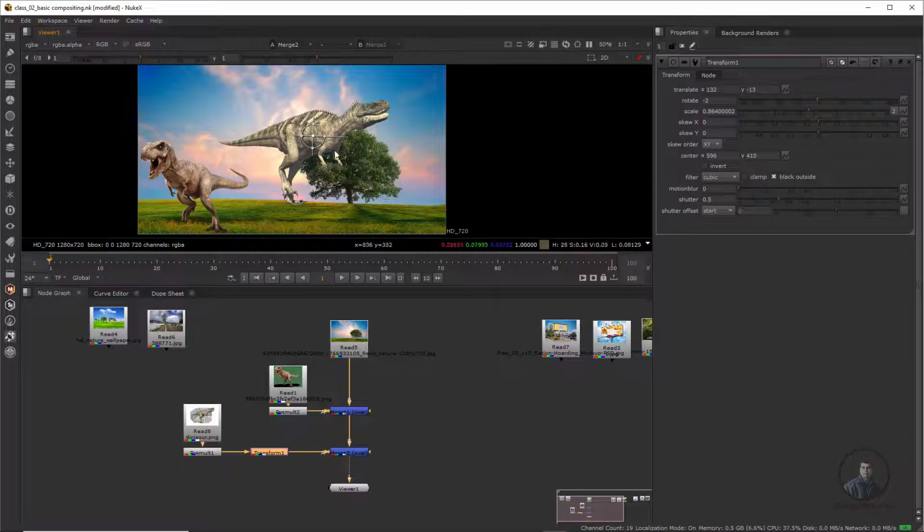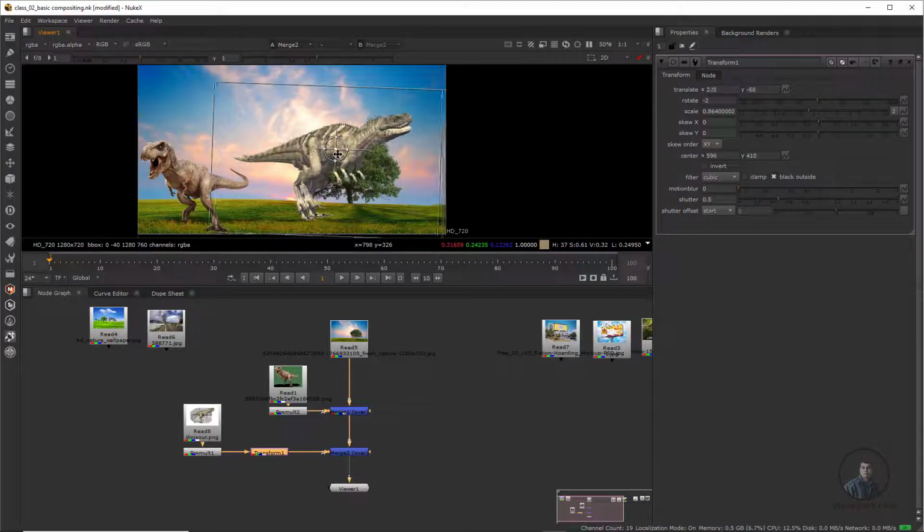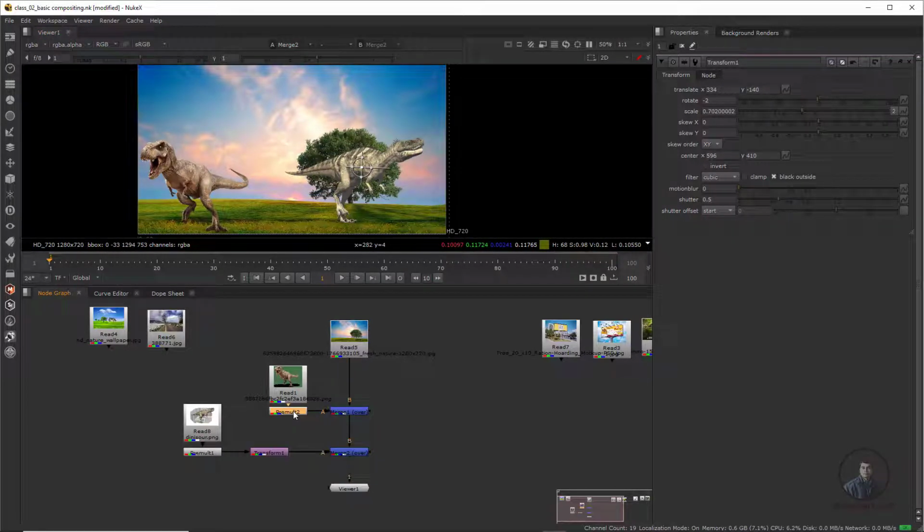And if you want to move your object, then simply pick this gizmo and you can move. Remember this one, while you are moving, release the Control button, don't hold the Control button. If you hold the Control button, this will move this center point, not the object. Normally just pick this controller and you can place your object where you want to move it. Suppose here I want to place it, so I just scale it a little bit here.